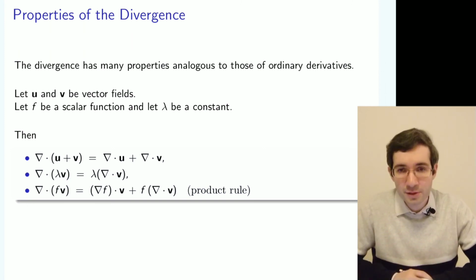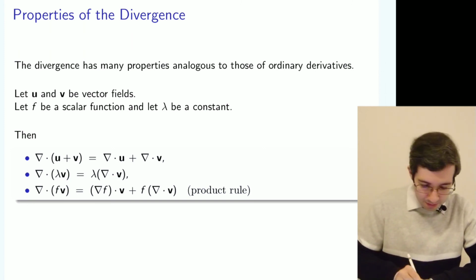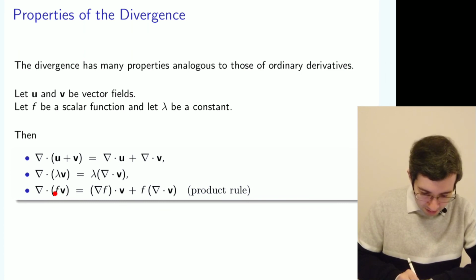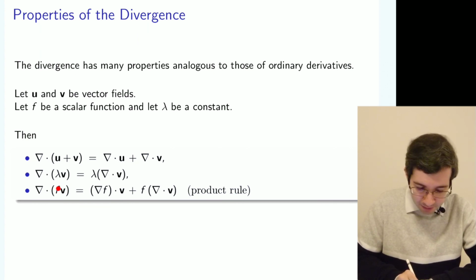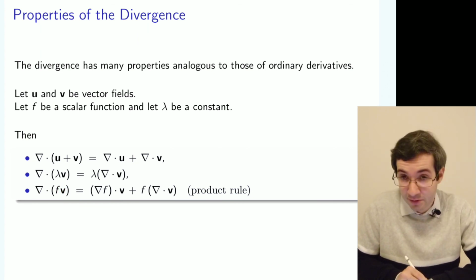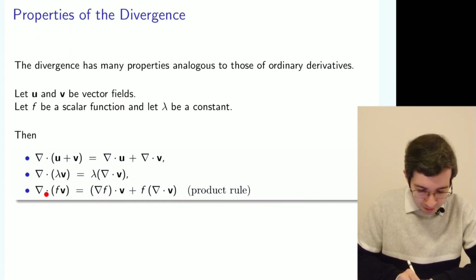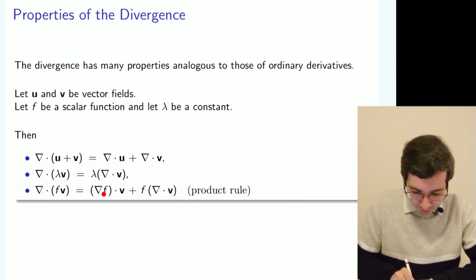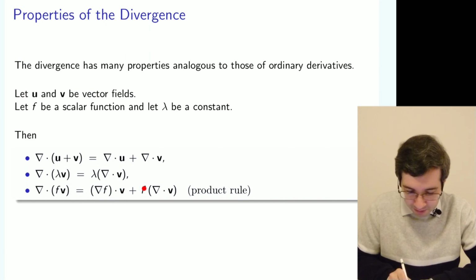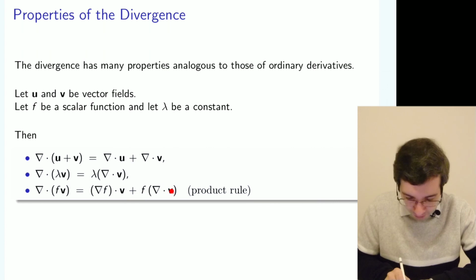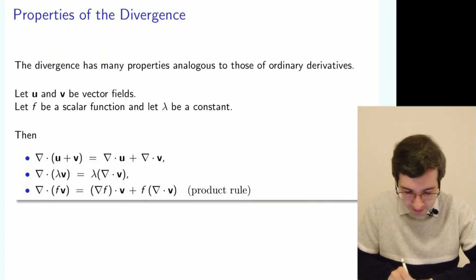And also you can do similarly the product rule. So you can take a scalar function, which is a scalar field, and a vector field, and multiply them. The result will be a vector field. And you apply divergence to that. And according to the product rule, you'll find that it's the same as to take the scalar product of the gradient of this scalar field with the vector field, and then multiply this scalar field with the divergence of this vector field, and then take the sum of these two.